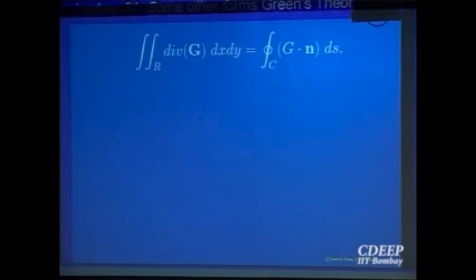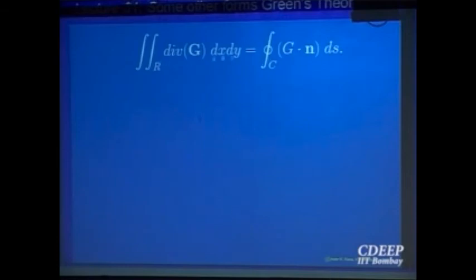Remember when we introduced why divergence should be considered at all, we looked at fluid flows and eventually divergence appeared in the equation of the fluid flow. This is another reason: you can see now the fluid flow is related to the integral of the divergence. So if divergence is 0, the left hand side will be 0. There is no fluid flow. Divergence 0 means no fluid being generated or absorbed, no sink, nothing. So that is also from here.